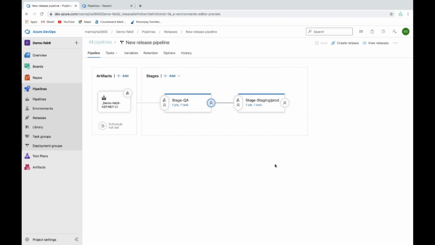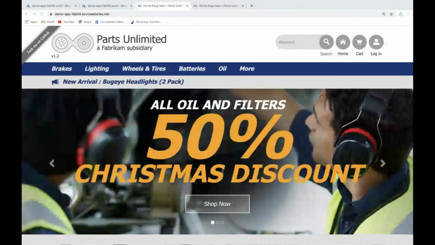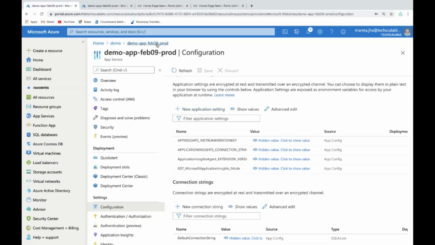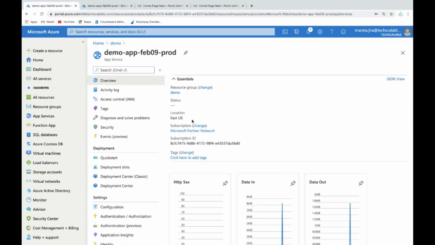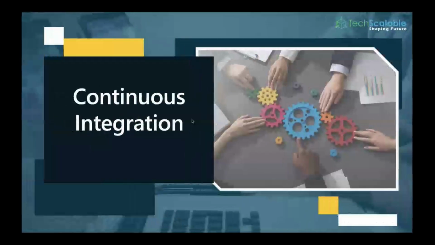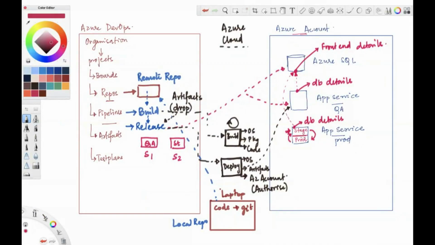Okay, so now coming to the last part of it, we have deployed our code in production. In production, I had mentioned that I'll be creating a slot like this. What's the advantage of a slot? Suppose I have